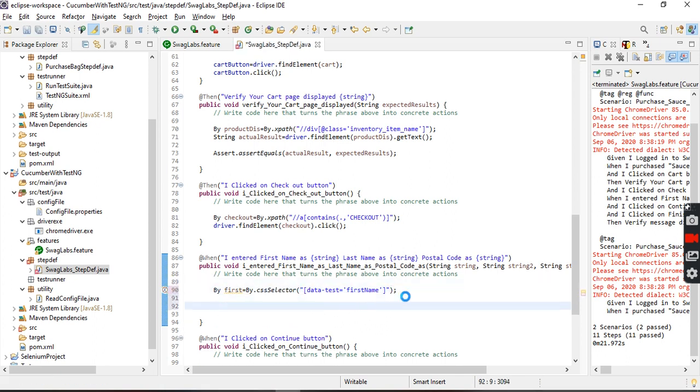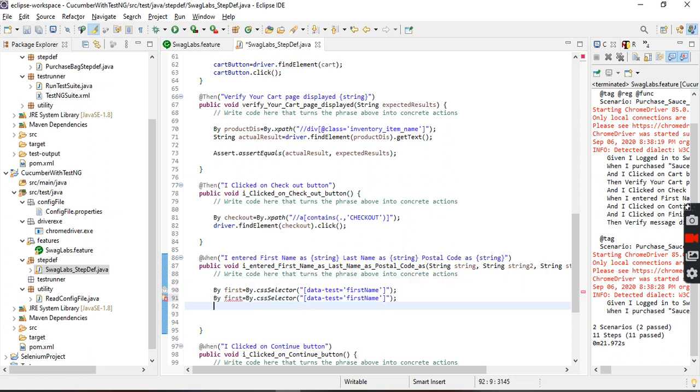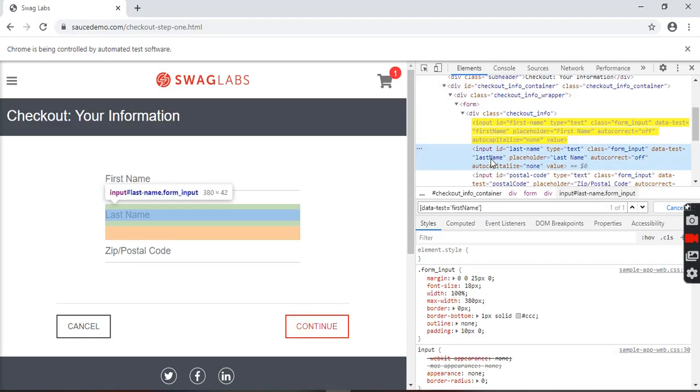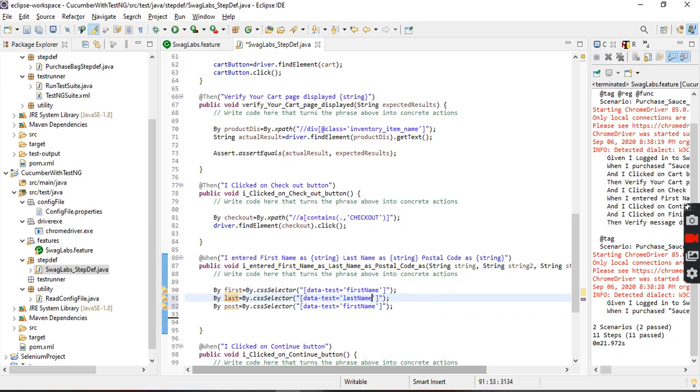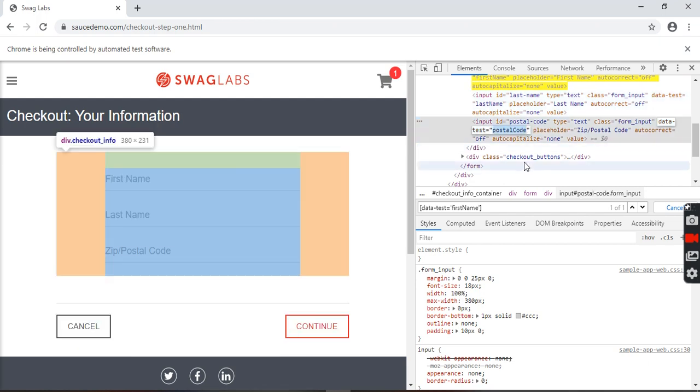Okay, so you should use last name too, then postal too. What is the last name here? Last name. What about the postal here? Postal code.